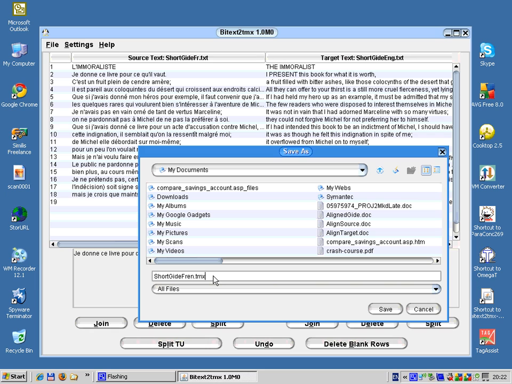Now, as I mentioned, TMX means that this can be used by other software. If I save that,